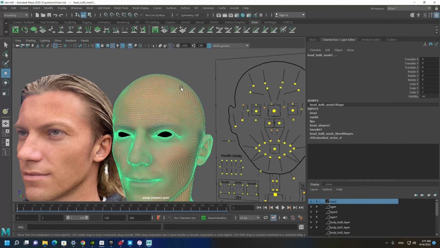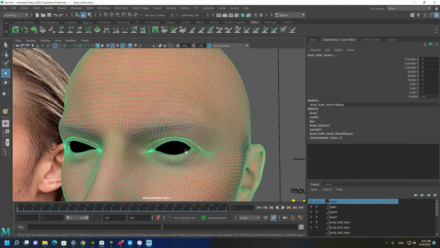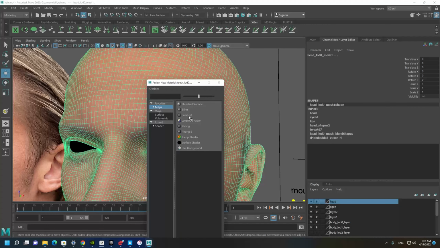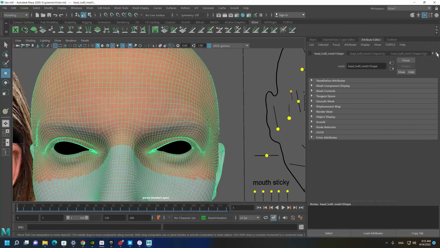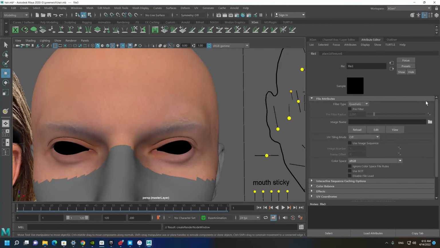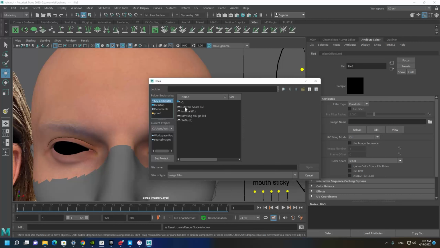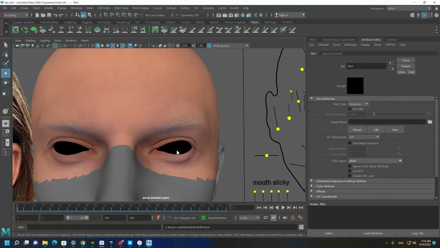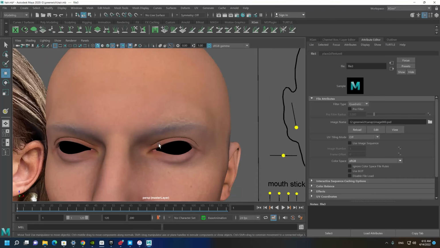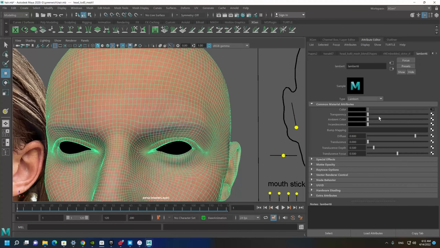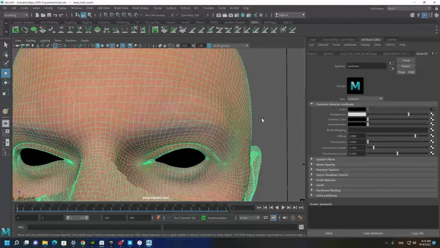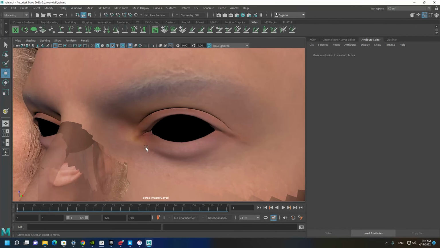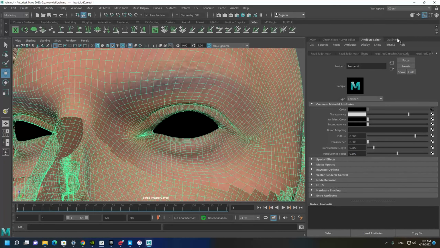I can add another material and assign the same texture. But with transparency for this one, so I'm able to see